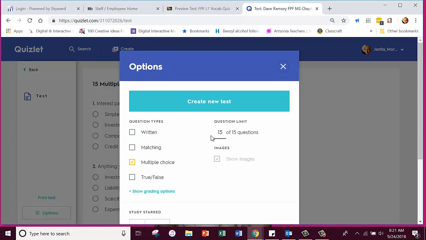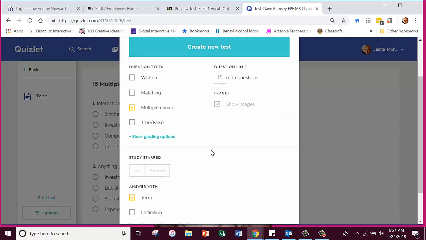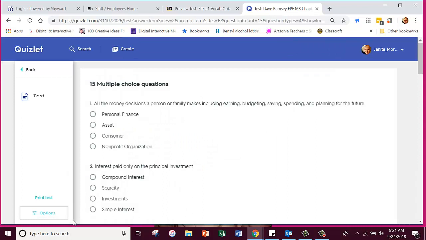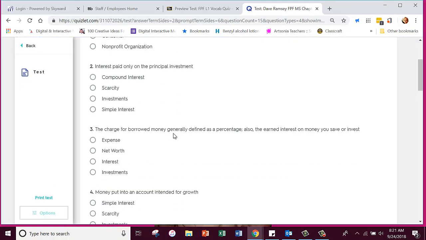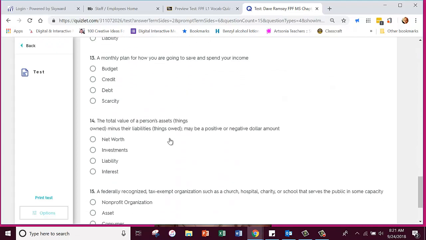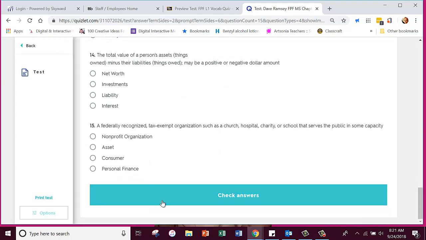Over here it should already say question limit 15 of 15 questions. You're going to have 15 questions on this. All the vocabulary words are there. When you have your options set the way that they're supposed to be, you click Create New Test. You will answer these questions here, all of them, and then when you answer all 15, you're going to go to the bottom here and it's going to say Check Answers. Now I'm going to click Check Answers and I don't have anything answered,